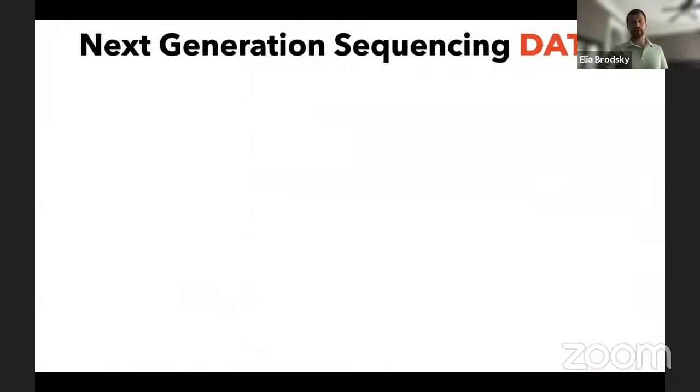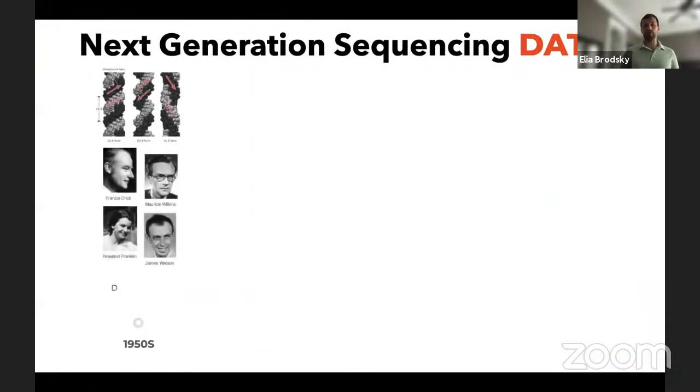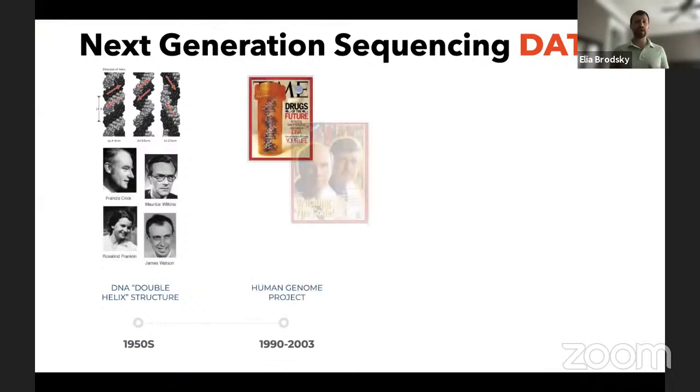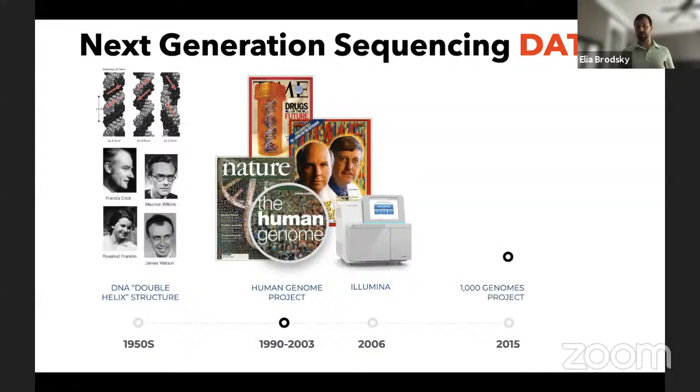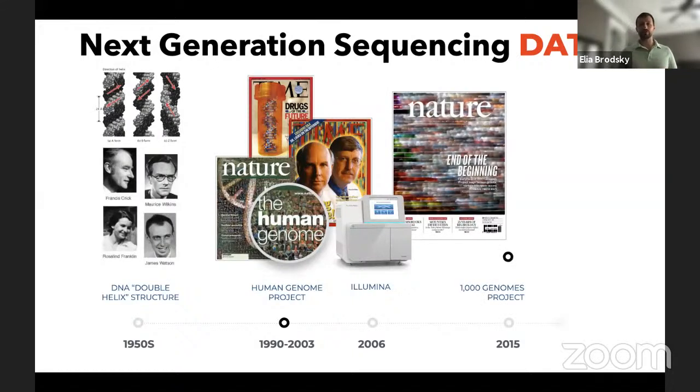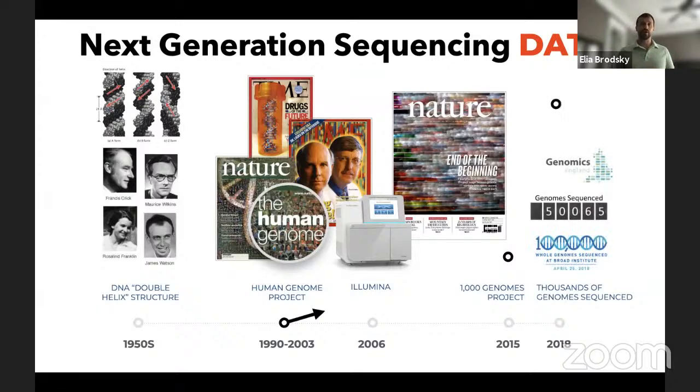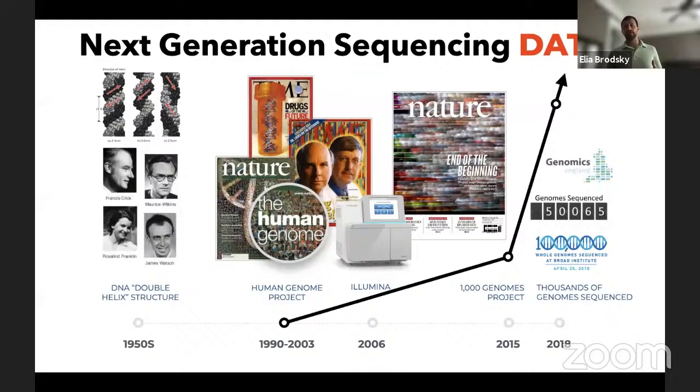So let me start by telling you why bioinformatics and genomics is such a relevant topic today. From the 1950s, after the DNA double helix structure was discovered, right away there was a focus on trying to understand what is encoded in the DNA. And as a result of the Human Genome Project, and that led to many other species being sequenced, we started to really accumulate a huge volume of data. And that volume of data today is accessible to anyone that has access to the internet.